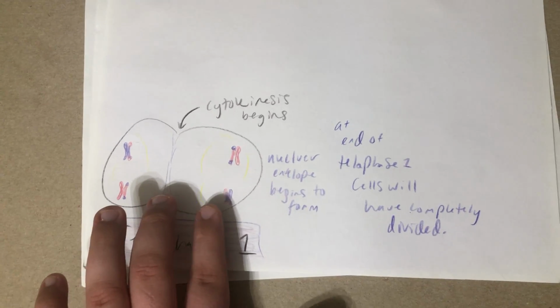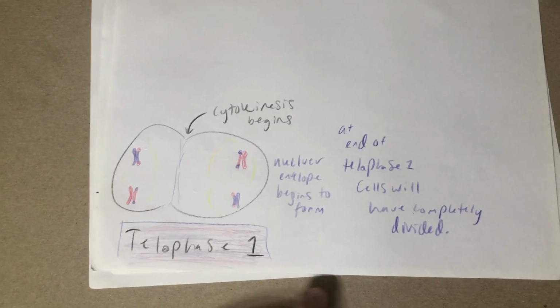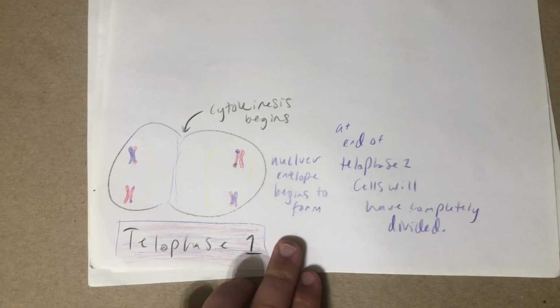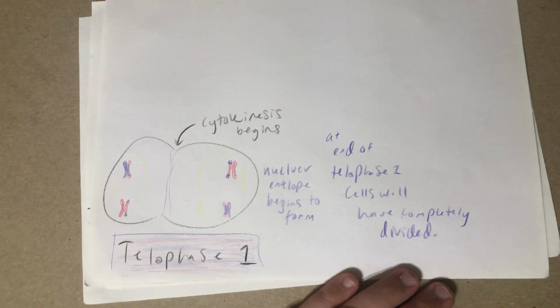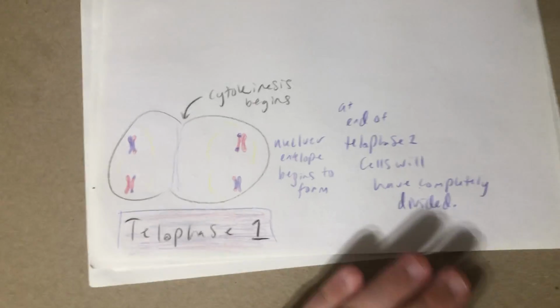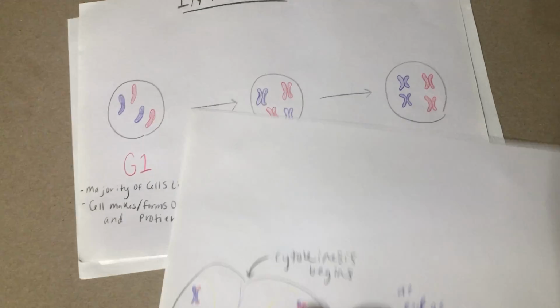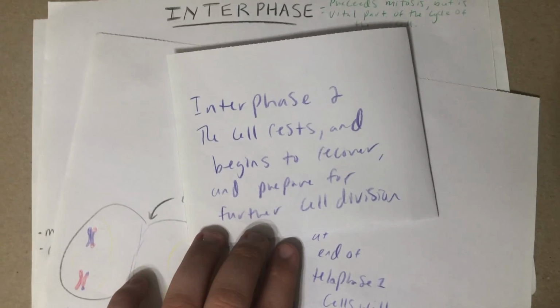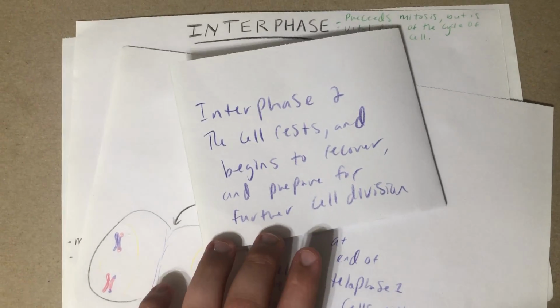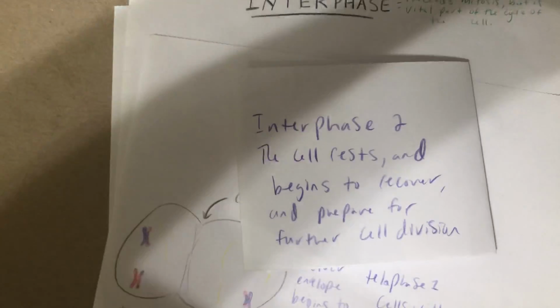We can see the cells starting to separate here, which is known as cytokinesis, and a nuclear envelope beginning to form again. At the end of telophase 1, cells will have completely divided. Now, before going into prophase 2, it is good to know that there is an interphase 2, where the cell rests and begins to recover and prepare for further cell division. So now entering prophase 2,